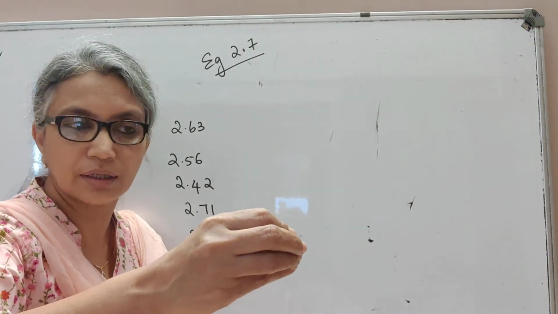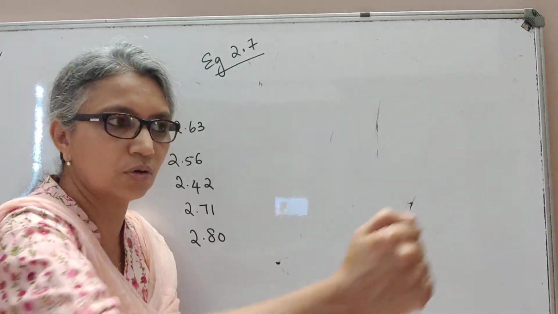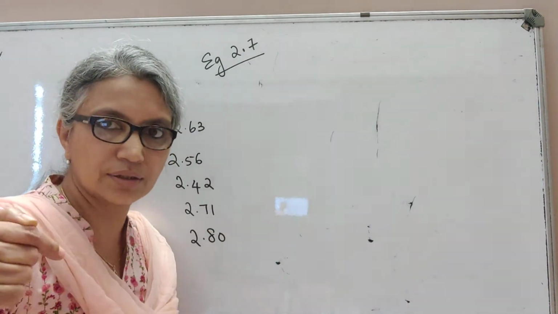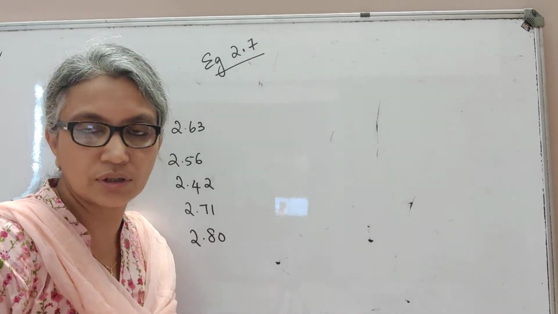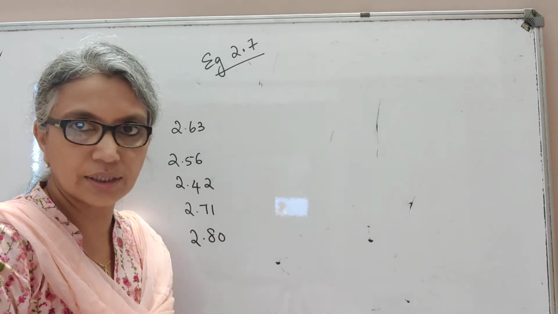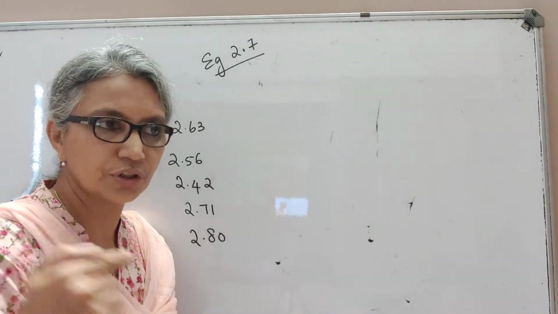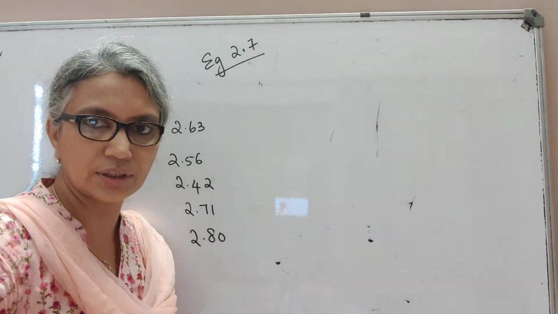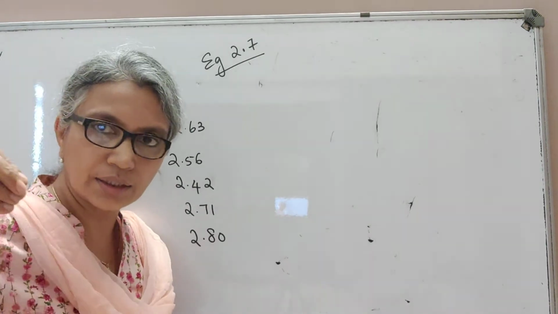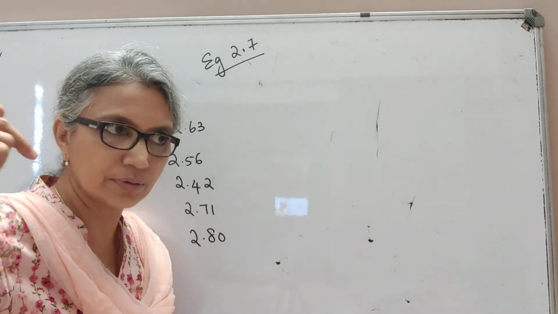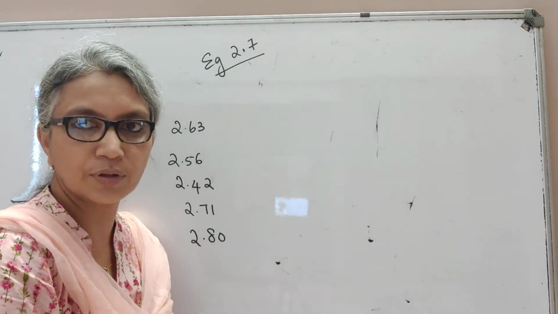So what he has gone to the lab and done is, you pull your pendulum to the right, leave it, and then it will go to the extreme right, come back to the extreme left, and you know the time taken for that one complete oscillation is what you call a time period. So what this student has done is, he has measured it 5 times. First time he started the stopwatch, the pendulum has completed one oscillation and he recorded the time as 2.63. Next time again he started the stopwatch, he left the simple pendulum, it went up till here, came back here, and he got the reading as 2.56.